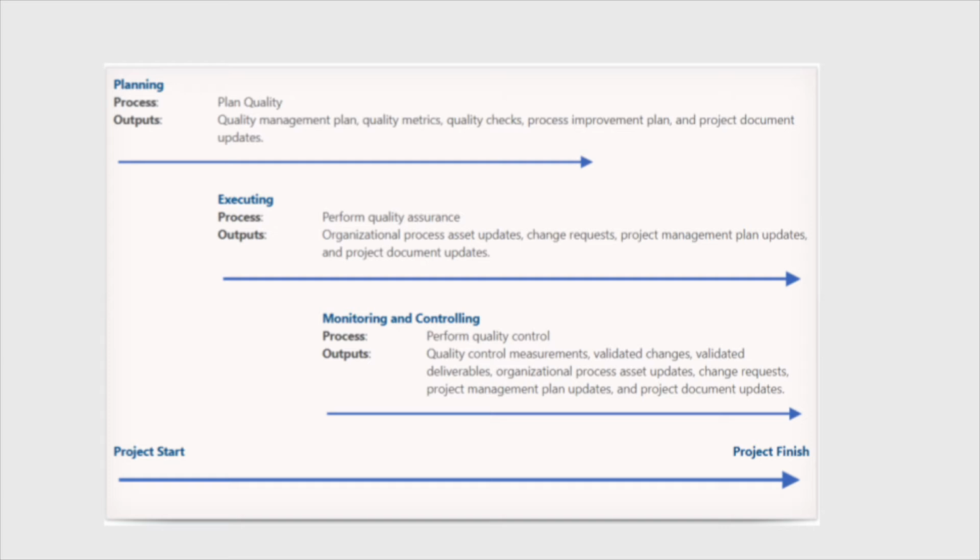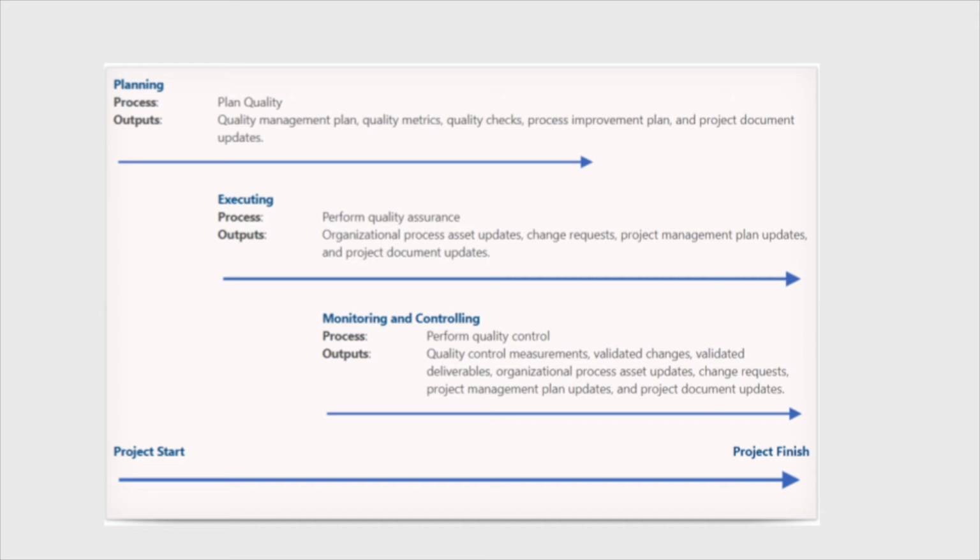We need to check to ensure those metrics are being met, and we need to put a process improvement plan in place so that we have a way to improve any deficiencies that we have. And obviously, it all needs to be documented. As we move through the project in the execution stage, we need to think about the